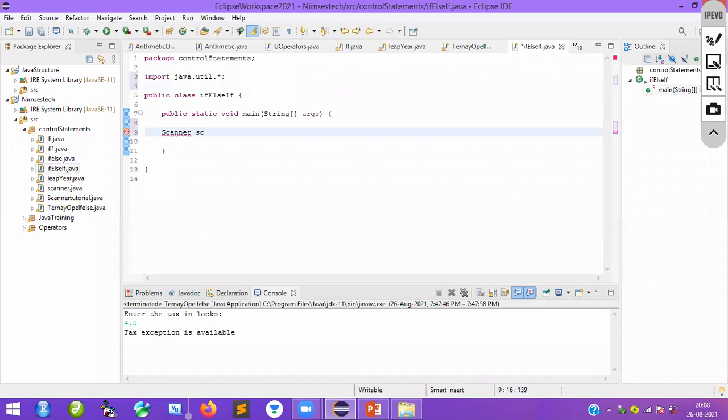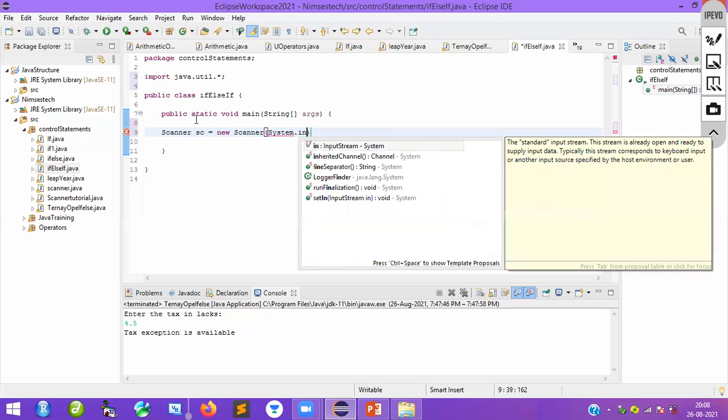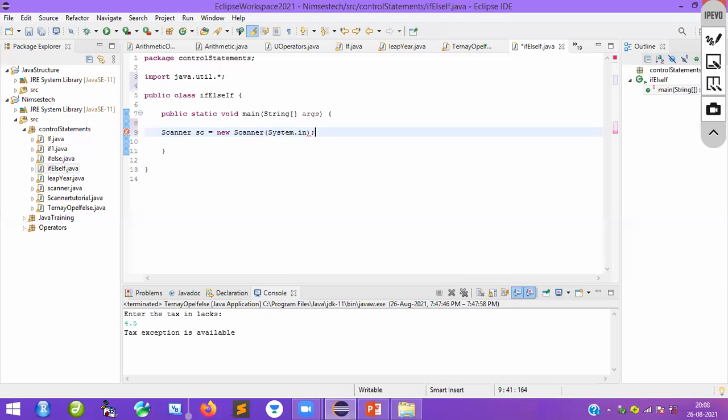Take the object sc, equal to new Scanner, which acts as a default constructor here. Since you are taking the data from the keyboard, that's why System.in. Semicolon. This is how you create the object. Object creation is over.